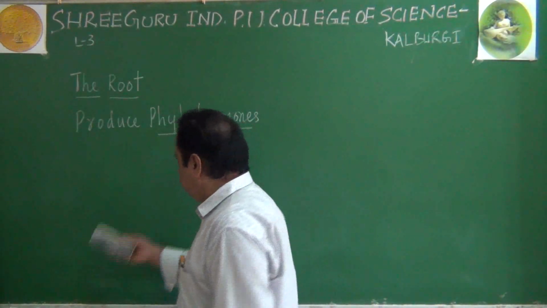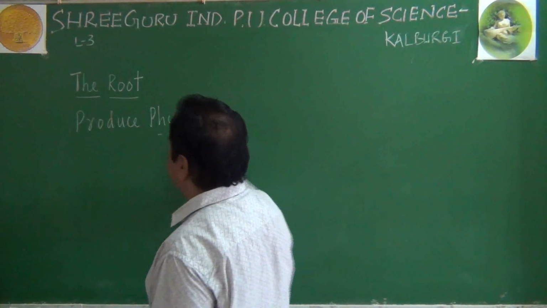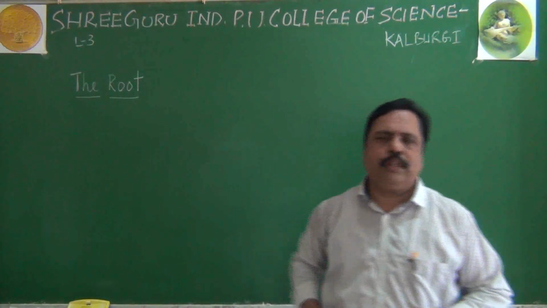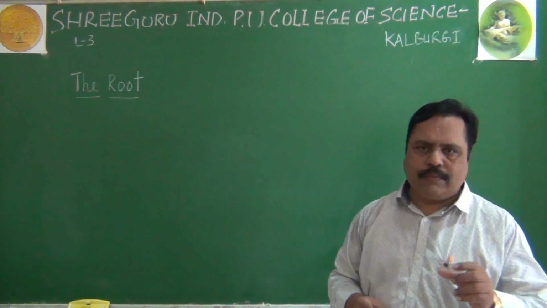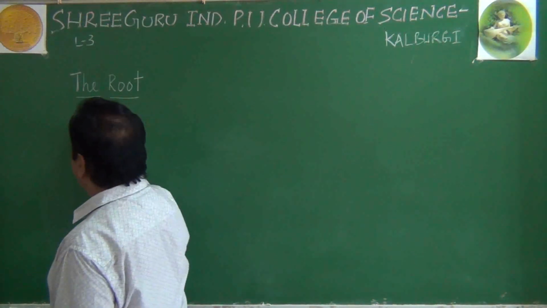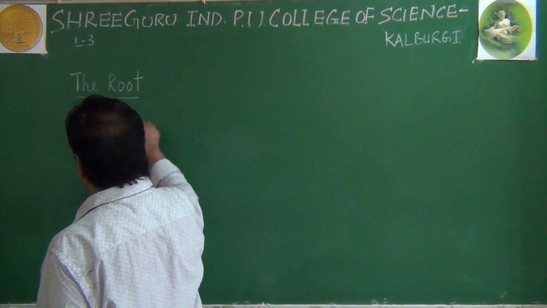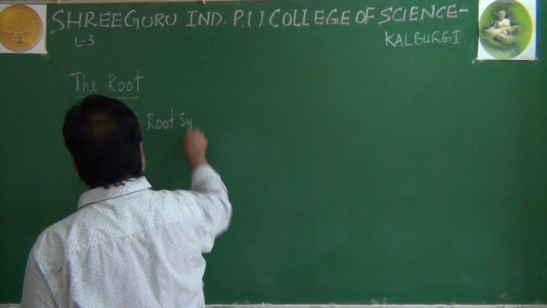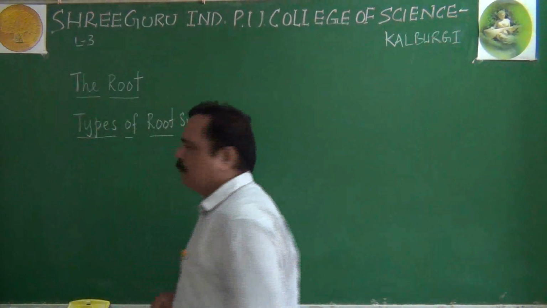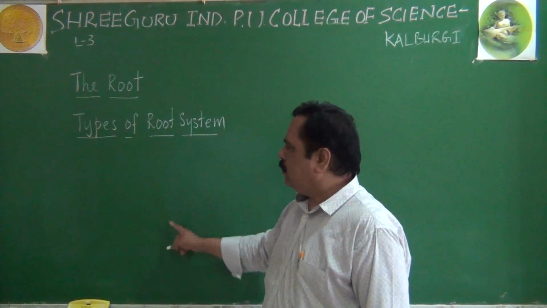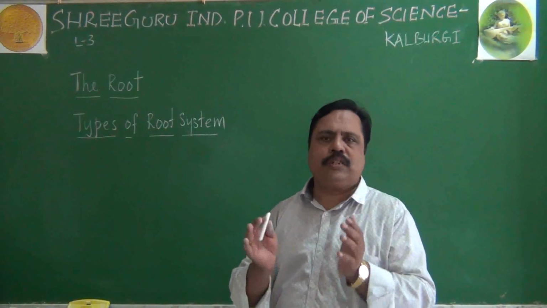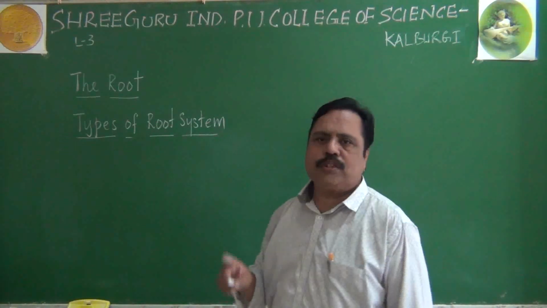Let us come to the next part of this root system here. Remember, there are different types of roots present in the angiosperms. The flowering plants have different types of root system. So I am going to explain you about types of root system here. Okay, types of root system we are going to see. What is meant by system or root system? It is not only meaning of the root but associated structures with the root also. They are together. All those things are together called as system or root system we can see.